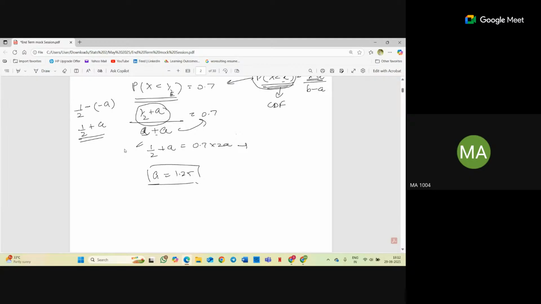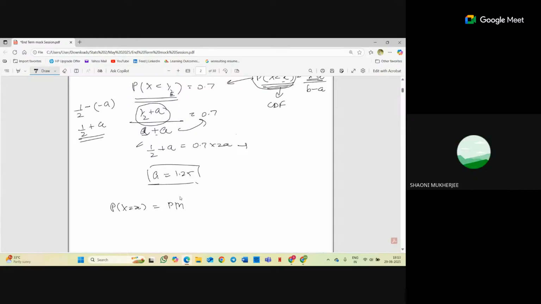Is this question clear? Ma'am, how do I know whether it's CDF or PDF? Okay, so can you tell me? I'm writing something: probability of X equals x. What is this? PMF or... this can be both.